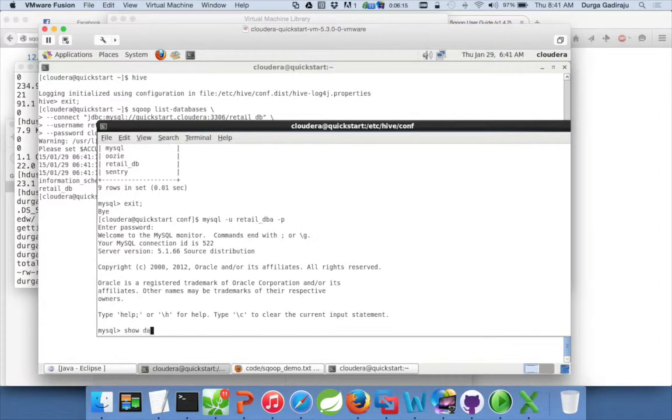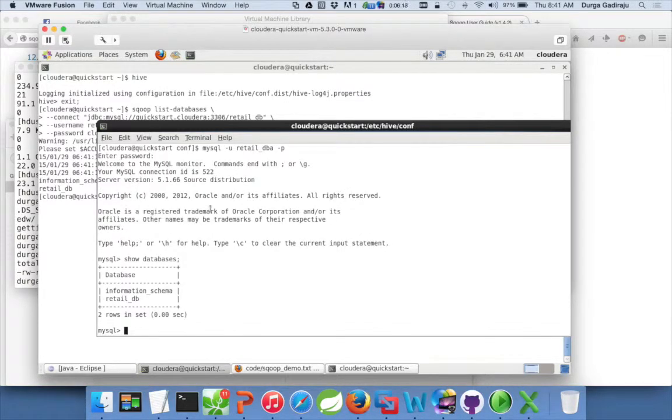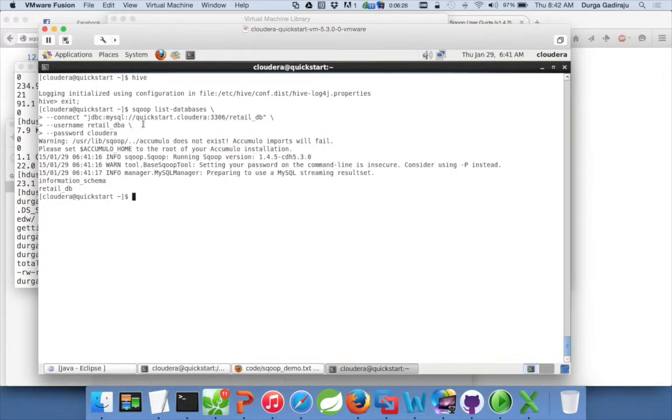Now if you do show databases, it will show the 2 databases it has access to. Similarly, when you run the list-databases command, it will get the databases available for the user we are trying to connect with, which is retail_dba in this case.